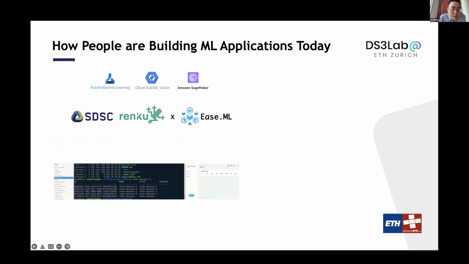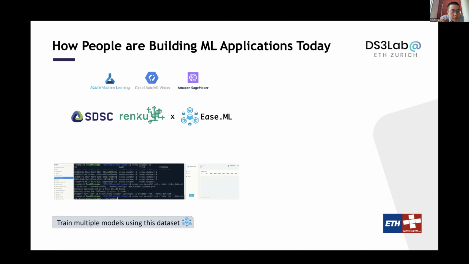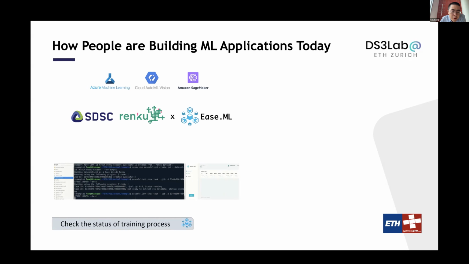You have a whole bunch of datasets, and probably all you need to do is just 2 different commands, right? You import your data, right, from some of the data system into your machine learning system with 1 single command. And then with another command, you can say, okay, just do AutoML on this dataset. And the system is going to train a whole bunch of models, right? And then you can go back in a couple of minutes and check the progress of training, right? So as you can see, in just a couple of minutes, you can get a model with a reasonable accuracy. So this is not hard anymore today.